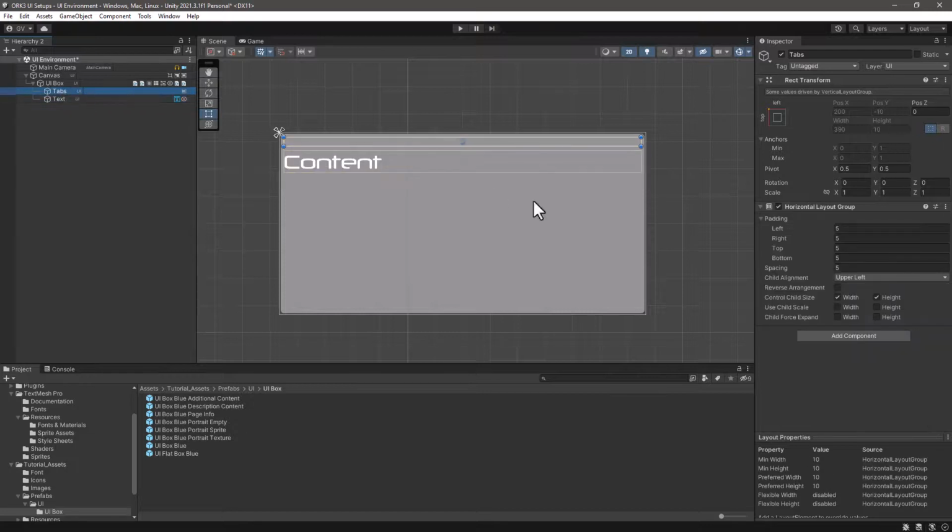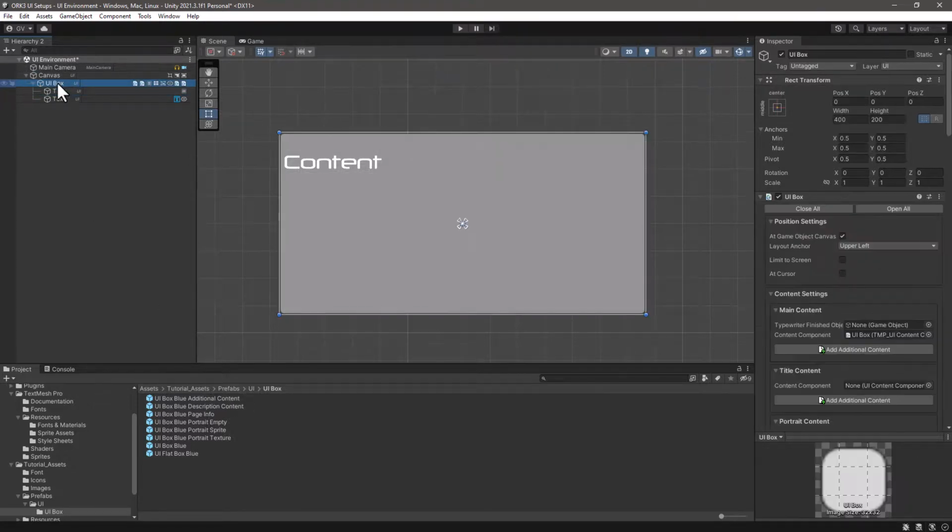In the tabs game object is where all the buttons are going to be placed, in this case horizontal layout group, horizontally. So if we have, for example, an inventory with items, equipment, they will be put one beside the other. Alright. So similarly, if you wanted to build your prefab database, let's just rename this UI